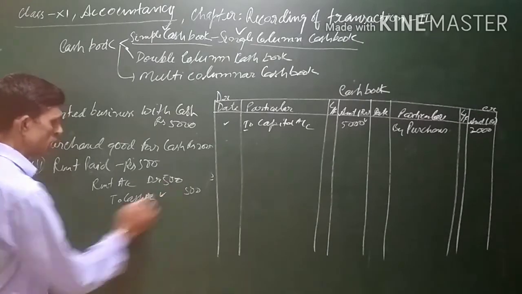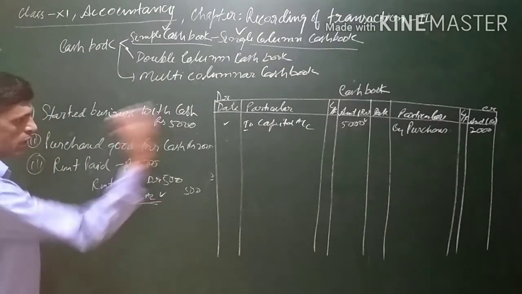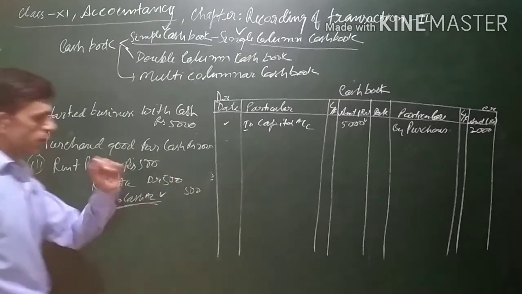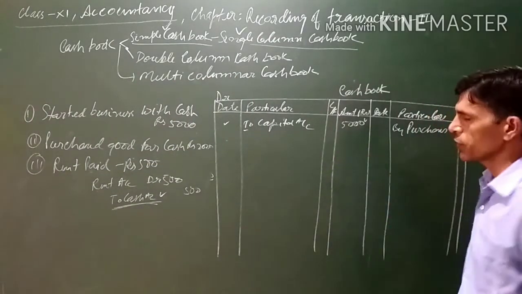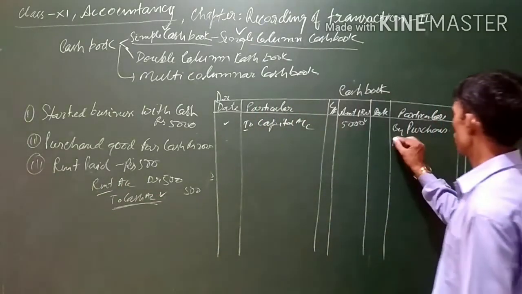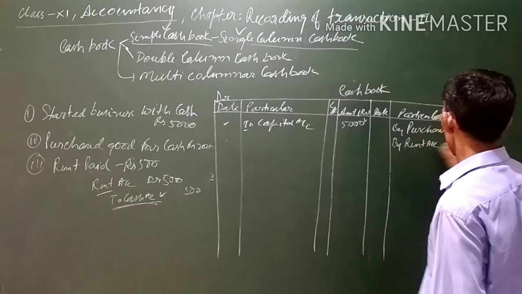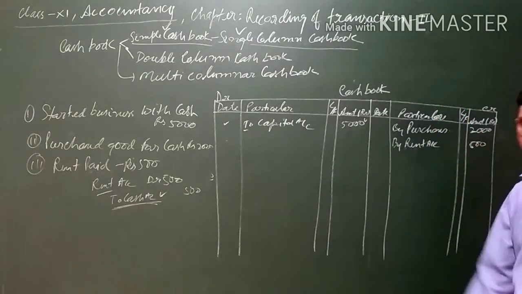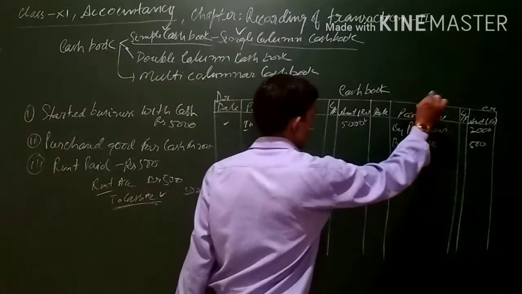Now the cash account is being credited and rent is debited. Again, cash is being credited. On the credit side of the cash book we will be writing 500. Why is this cash being credited? On account of rent, because the rent is being paid. So we will be writing by rent account, 500. Sometimes instead of this particular column,